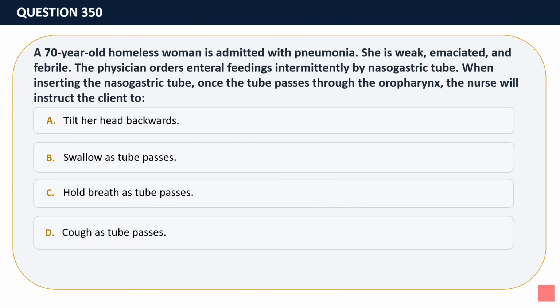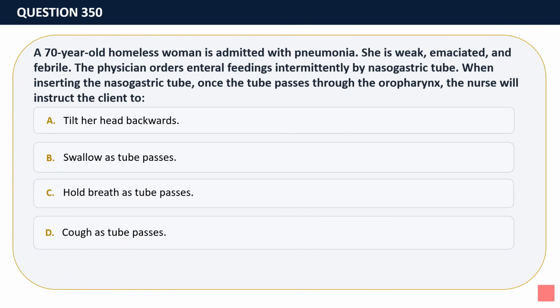Question 350. A 70-year-old homeless woman is admitted with pneumonia. She is weak, emaciated, and febrile. The physician orders enteral feedings intermittently by nasogastric tube. When inserting the nasogastric tube, once the tube passes through the oropharynx, the nurse will instruct the client to